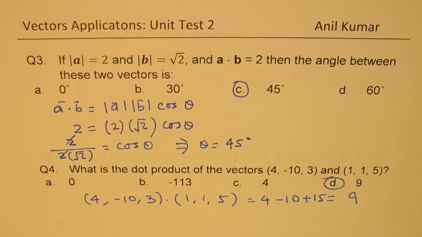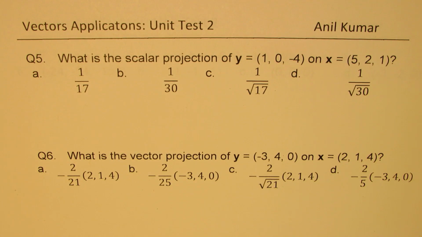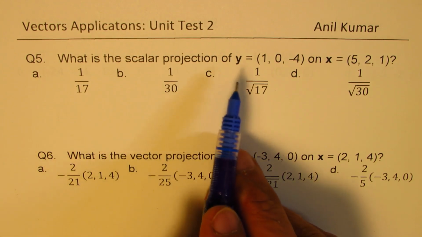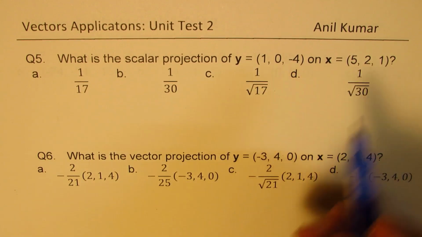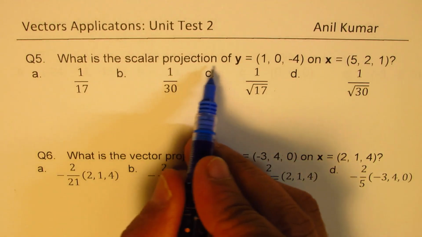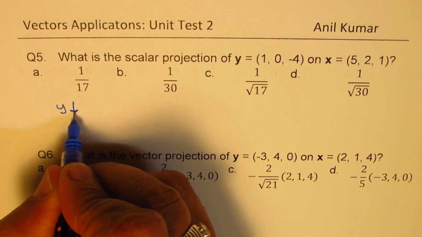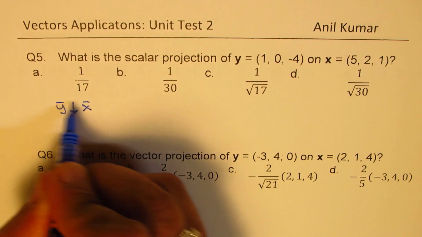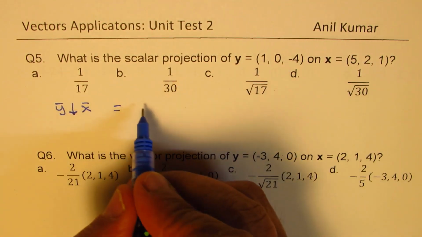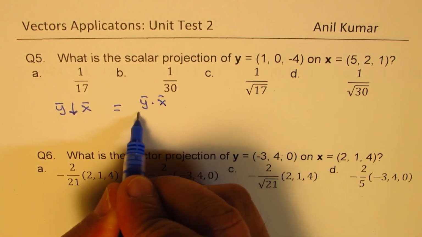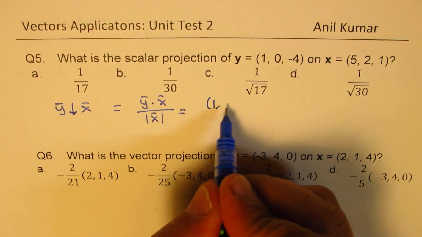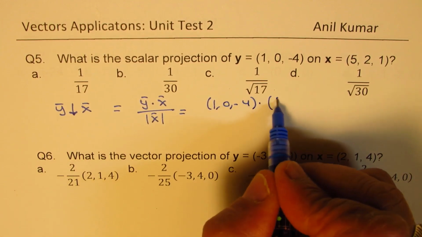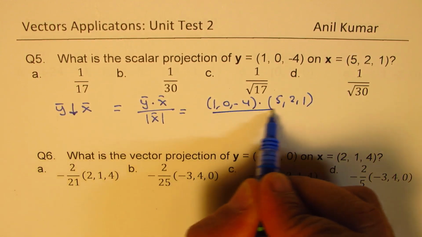Now let's move on and take question number 5. What is the scalar projection of A on B? Now scalar projection basically means what? It means it is only the magnitude, right? So scalar projection of Y on X we need to find, correct? So you need to find the dot product of these two, which is Y dot X divided by the magnitude of X. Clear? So in this case, it is (1, 0, -4) dot (5, 2, 1) over magnitude of